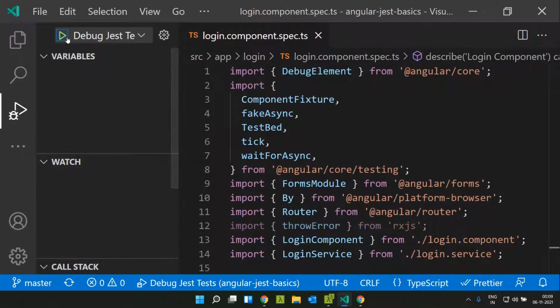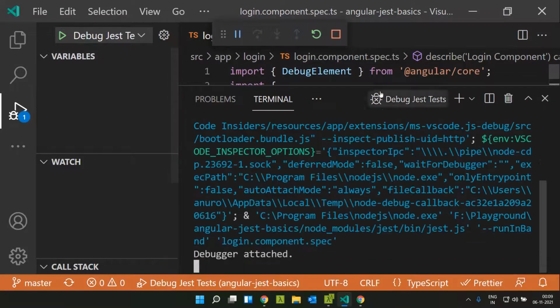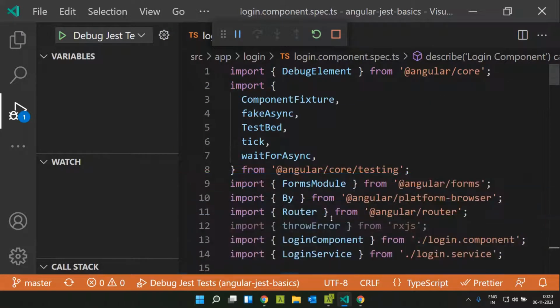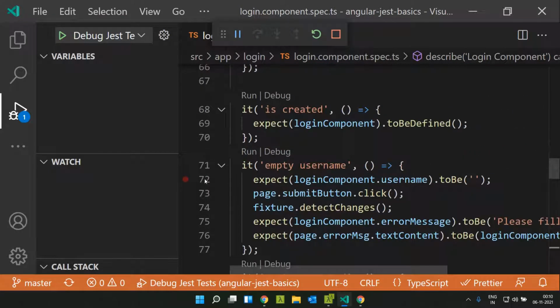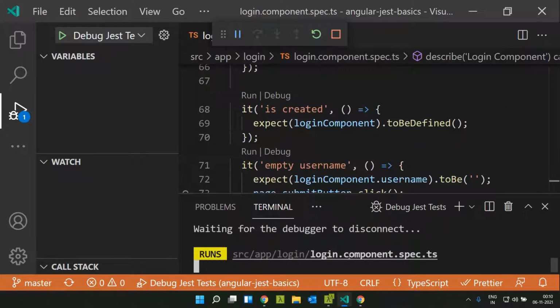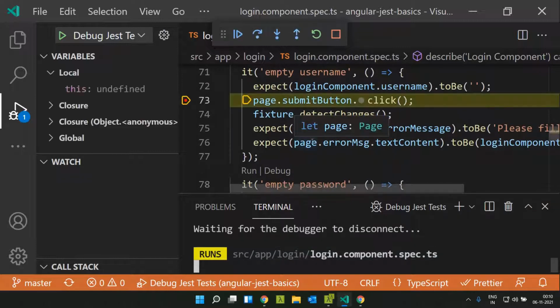So now let's see. Just click on debug jest. Here you can see that a terminal has started up, and here you can place the debugger on any of the lines. Now it has started running our spec file, and now the debugger has hit.